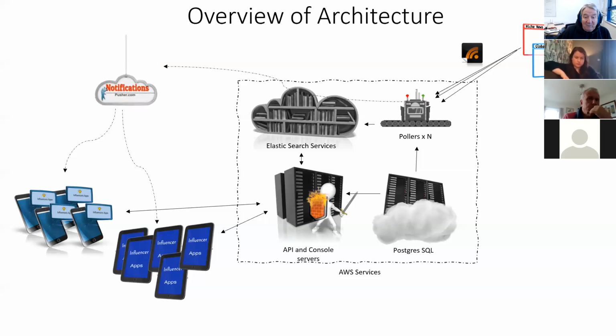We're perfectly happy with them. We found them fantastic on customer support. They've helped us do the integration. They're really good. So the point I'm making here is that the pollers have to send a message to Pusher to say this is a notification. So if anybody's got notifications turned on for Liverpool and for Tottenham, then they need messages sent to their phone to say, hey, you've got a new message about Liverpool. Hey, you've got a new message about Tottenham. And that's important as well, because it's one of the reasons why the feed items table has the data the way it's structured, which I'll come on to.